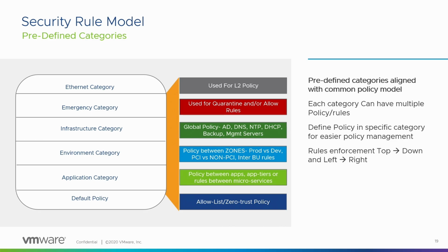and we don't have a way of being able to put it into the other categories. Let's say it was an emergency where something happened in the environment or there was an outage and you wanted to put a rule in at the very top of your firewall. We recommend putting it in the emergency category so it's assessed first. The infrastructure category is your global policy for your common services, like Active Directory, DNS, NTP, DHCP, backup, management servers, all those different types. These rules are usually, when it comes to the applied to field, applied to the DFW